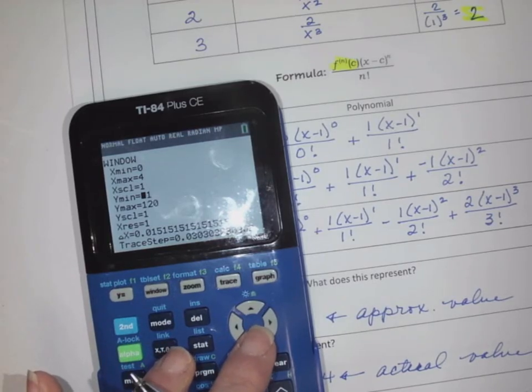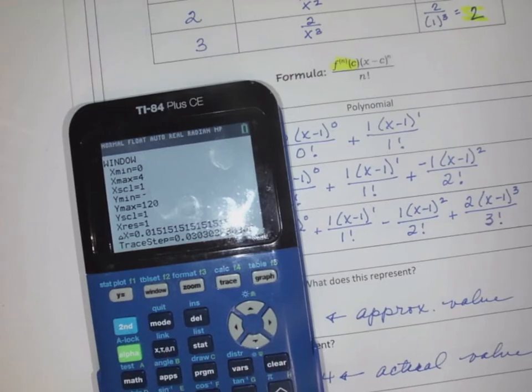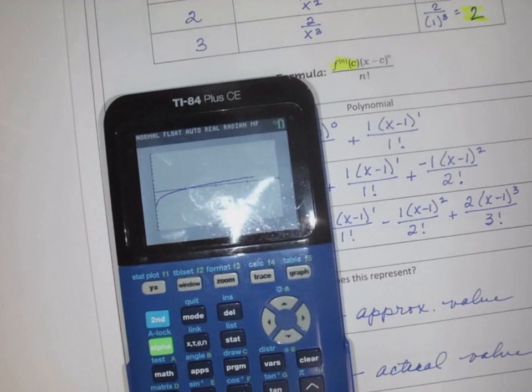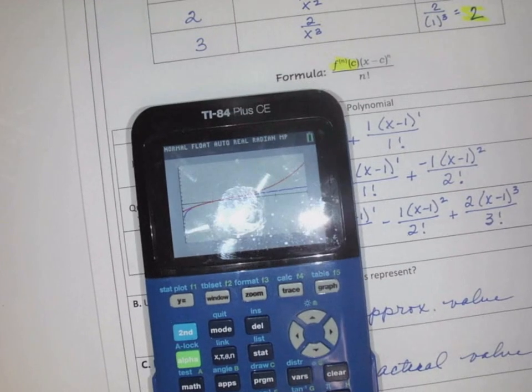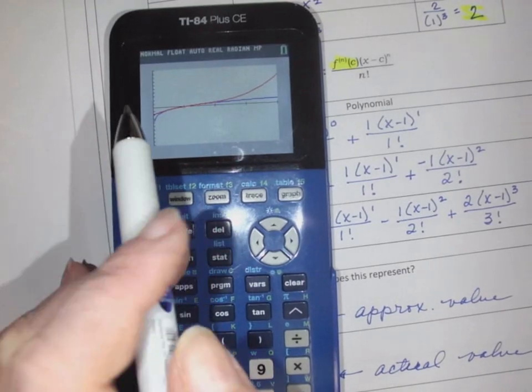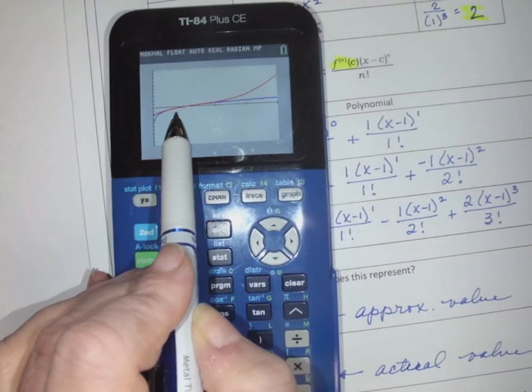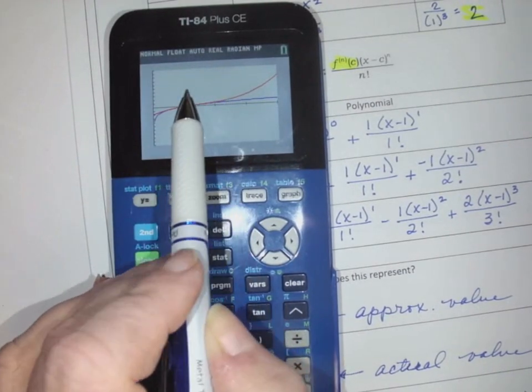Let's see, I don't think we need to go... Let's go negative 10 to 10 on the y. Okay, let's see if that looks good. Okay, so what we're talking about is you can see for some portion of the graph right here, they basically